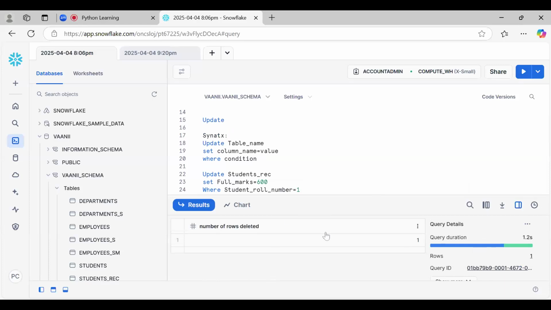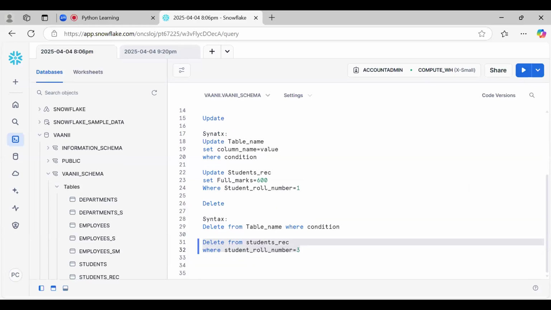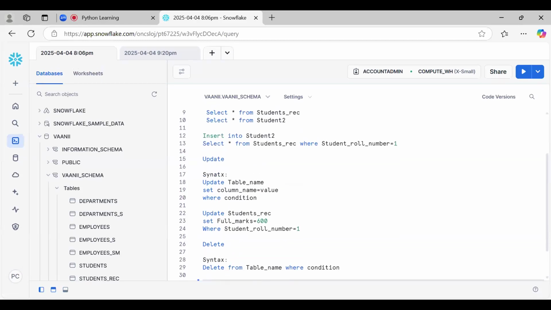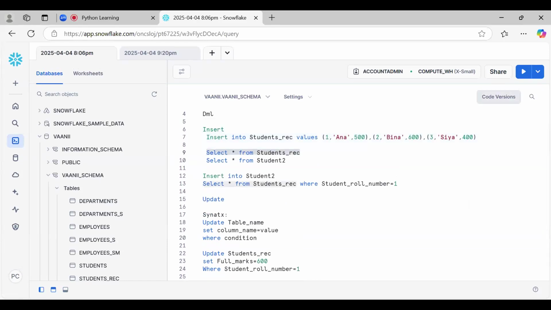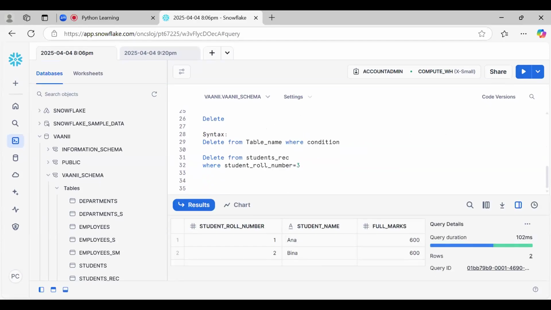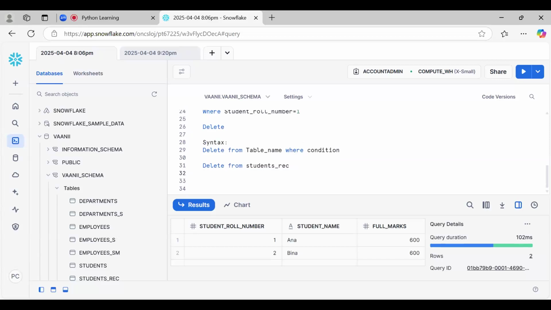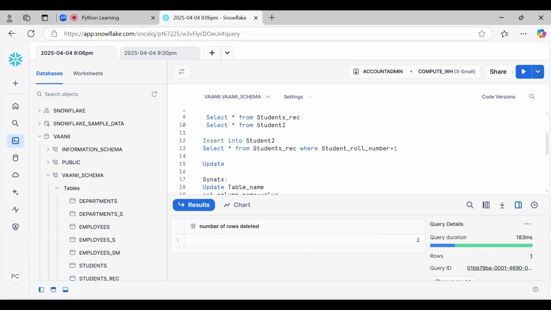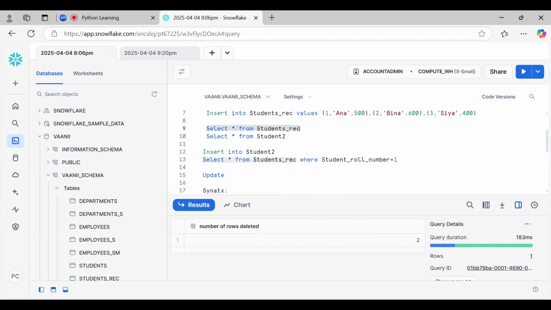Number of rows deleted, so we can just check from here. Now two records are there. If we don't add this, what will happen? See, number of rows deleted two, there were two rows left. Now see, there is no data.